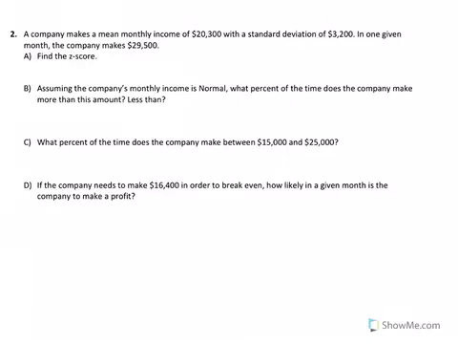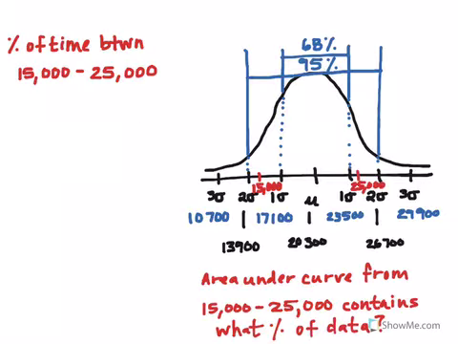So welcome to part 2 of this video. Here we're going to address part C, which asks what percent of the time does the company make between $15,000 and $25,000. So we're going to go over here and look at our normal curve, and we've labeled our mu of